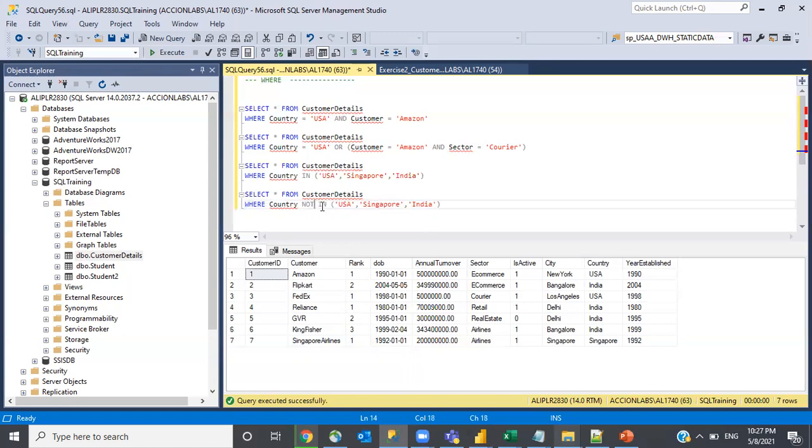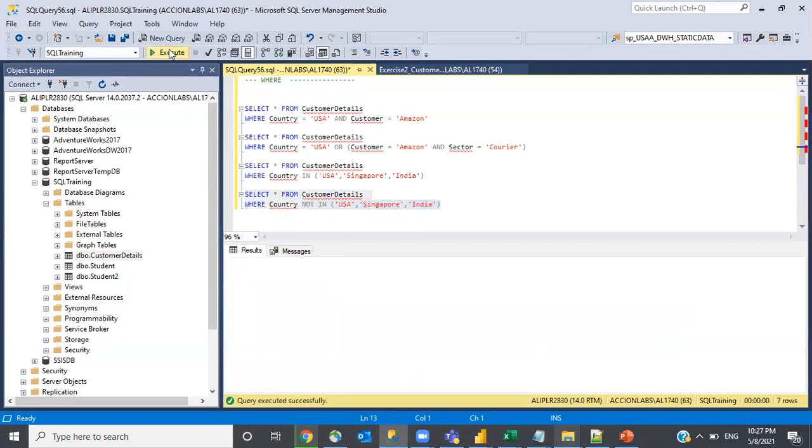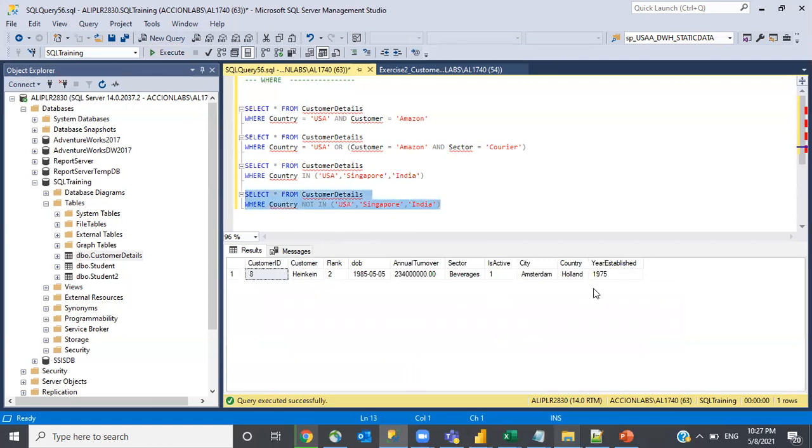You write NOT space IN and the same thing, whatever you have written. Now go and execute this. It is giving me the Holland record, which is not listed here. That is our expectation, right? So we are displaying the records of the countries which are not part of this list.